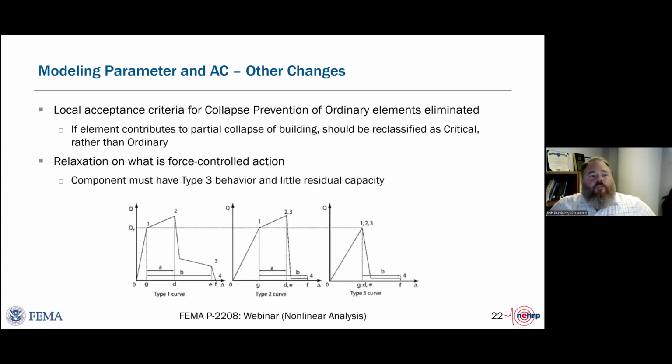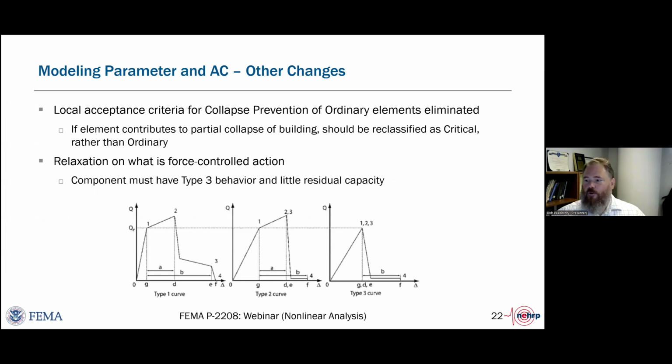Other changes to how you develop modeling parameters and acceptance criteria: we created an ability to bin your component actions as either critical or ordinary. We already do this in the non-structural arena, but we wanted to make sure that people could do so in the deformation controlled arena also.